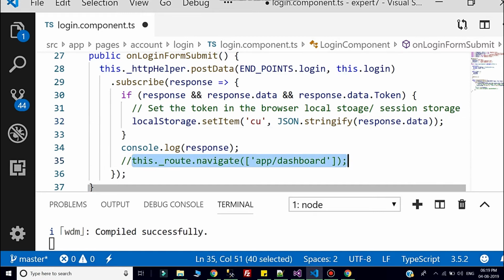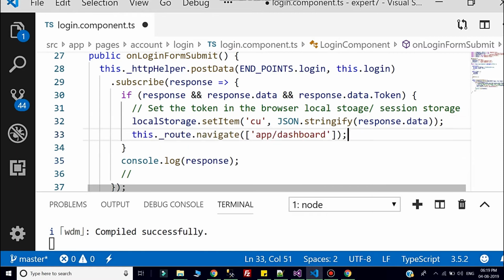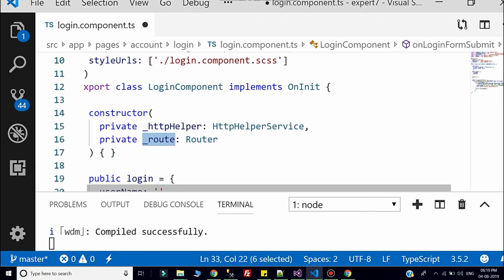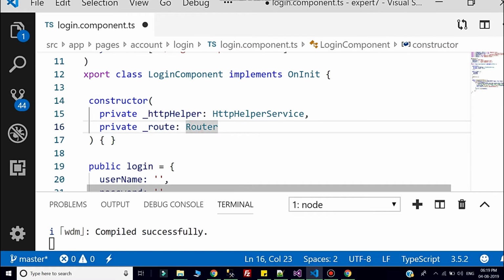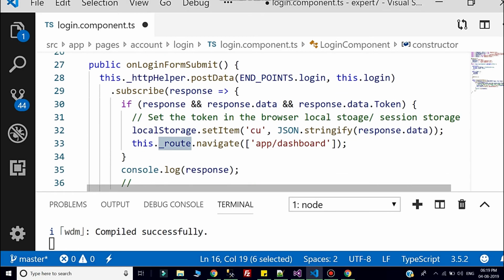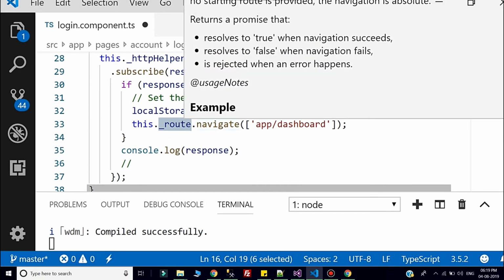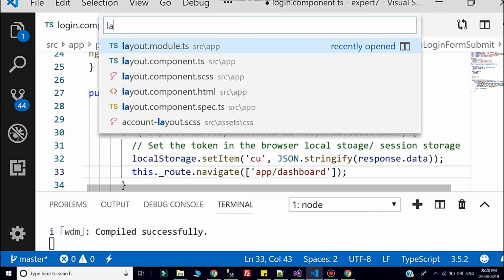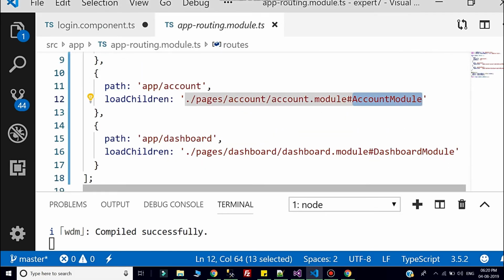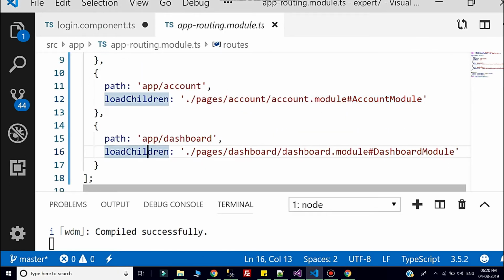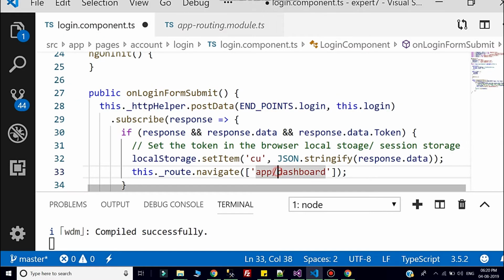Now I will copy this, and I will navigate the user to the dashboard. For the time being, I already injected the router in that class, and the router class has the navigate method. Now if you open the routing module, here I have configured it to load the dashboard module, app/dashboard, so that's why I have given it over here. Now save the page